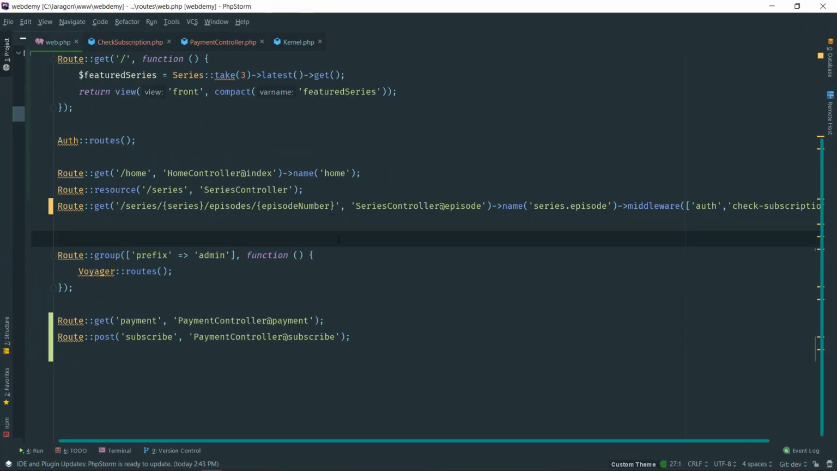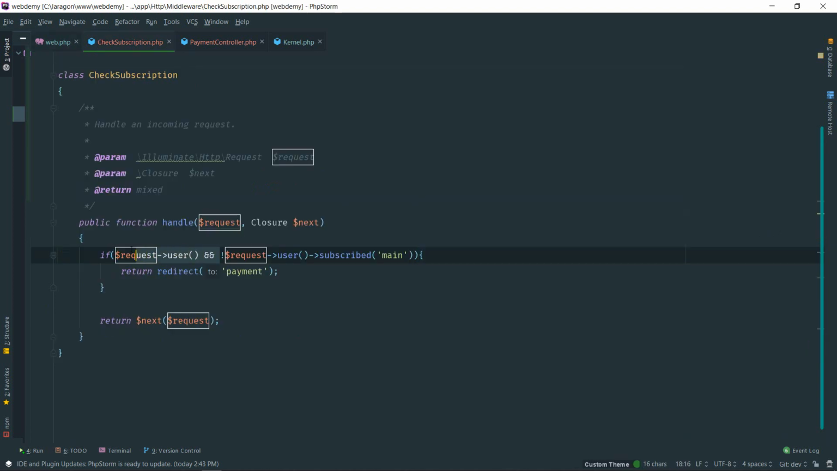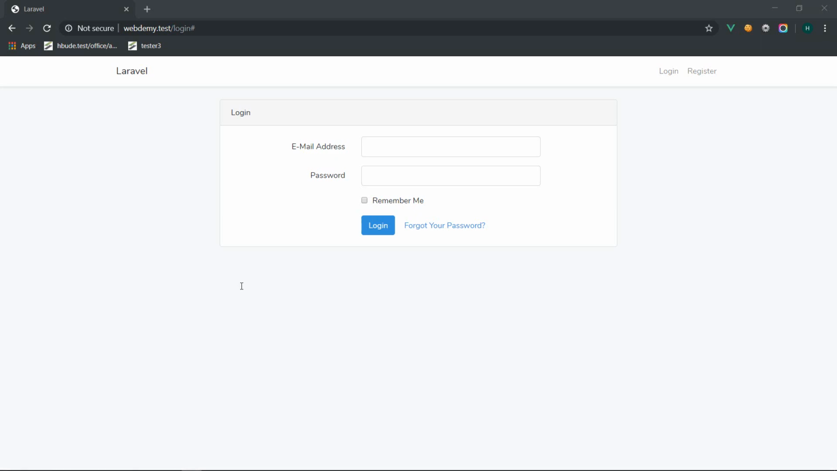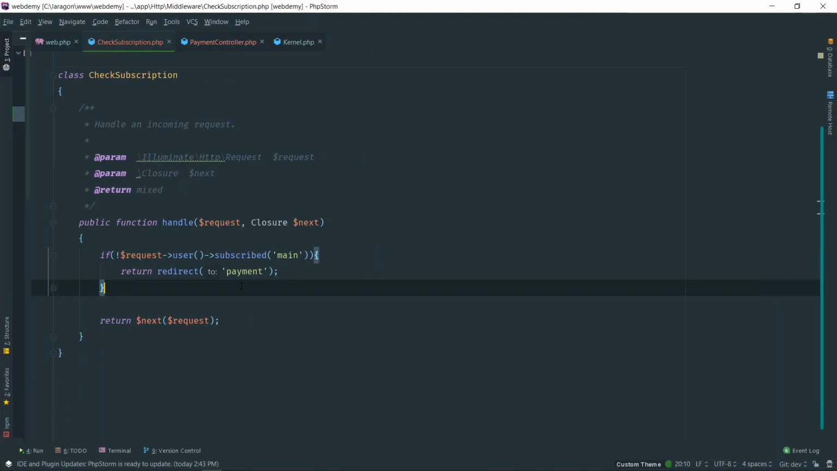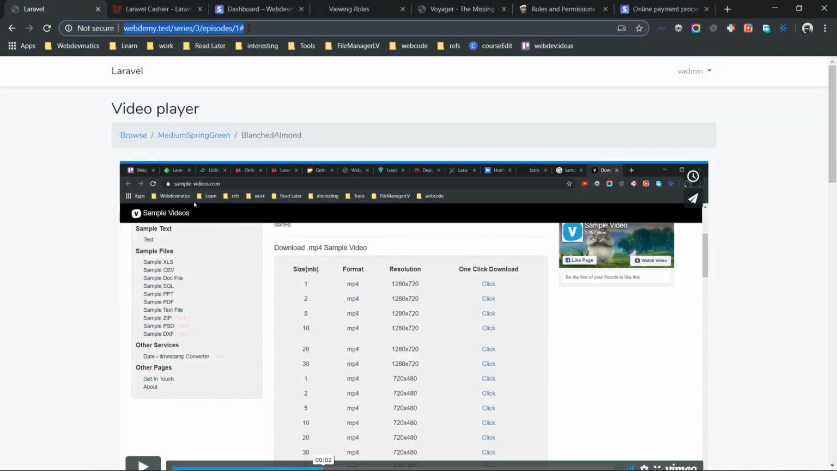So you know what, there is a little problem with our middleware. So we cannot apply just this check subscription, we need to apply auth as well. So what I will do is I will remove this logic. We'll just check if it is not subscribed. Alright, so otherwise it will just fail. Okay, so with that set, if we try to visit this URL,